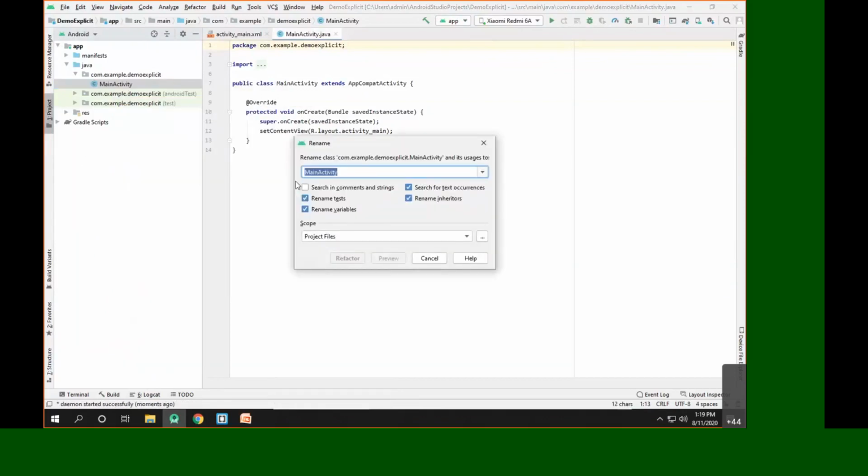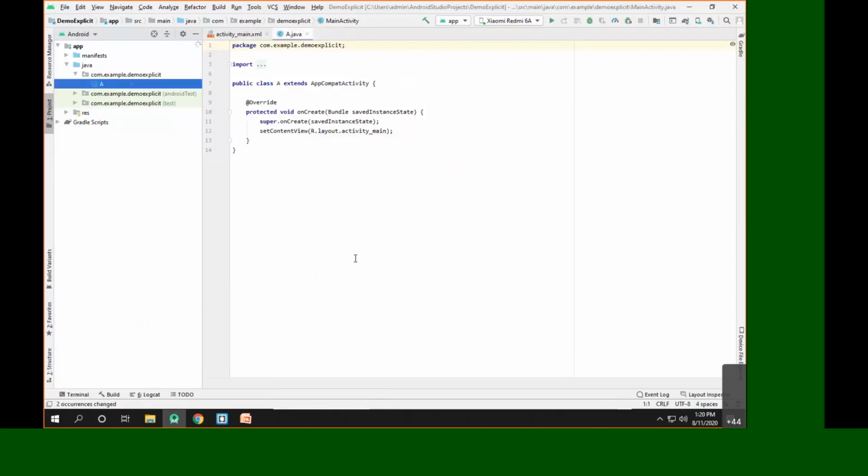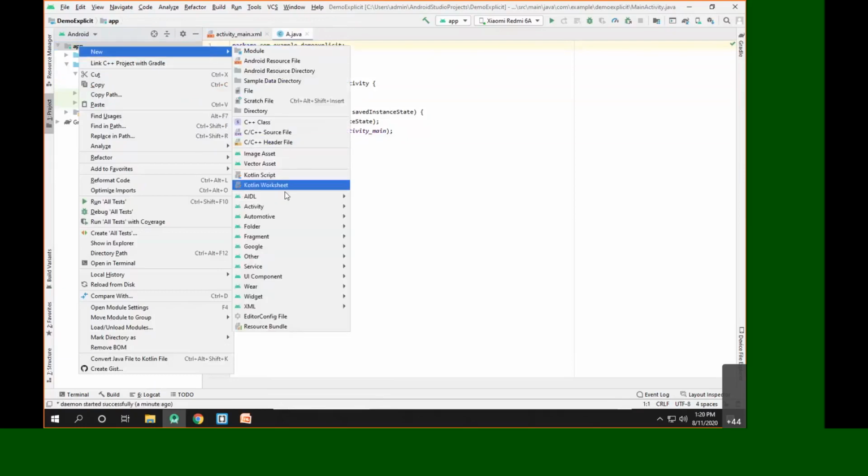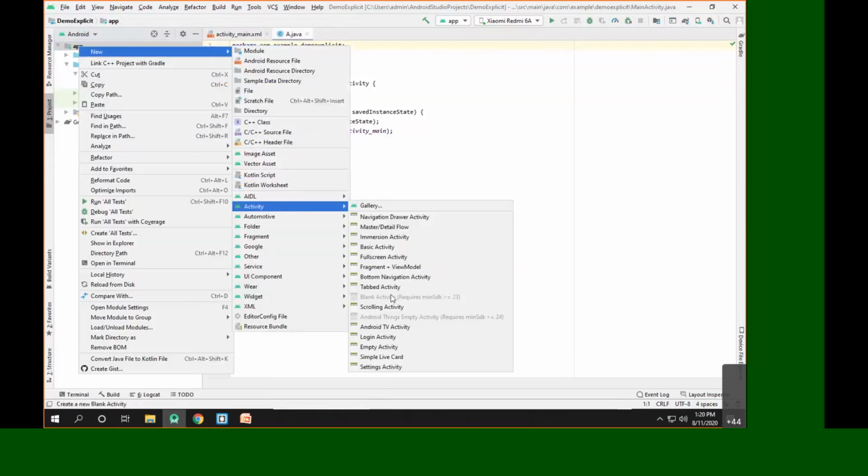I'll change its name from main activity to A, and click on refactor. As you can see, the name of the activity is changed to A. Now let's add one more activity, and we'll make this activity an empty activity again.